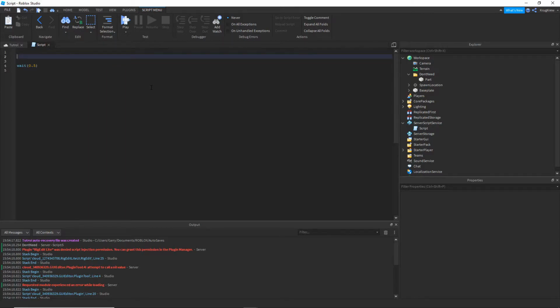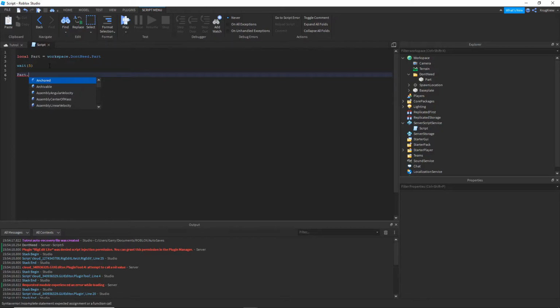So I can go part equals... now that I've introduced variables, this is a better way of doing it. Local part equals workspace dot don't need dot part. Oh, I did parent. It doesn't know sometimes. Alright, now if I wait half a second, you're not gonna see it, so I'm gonna wait a solid 5 seconds. And part dot, let's see,